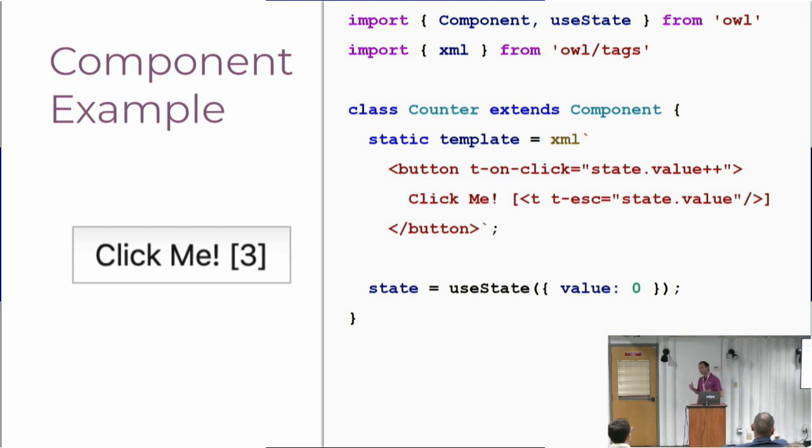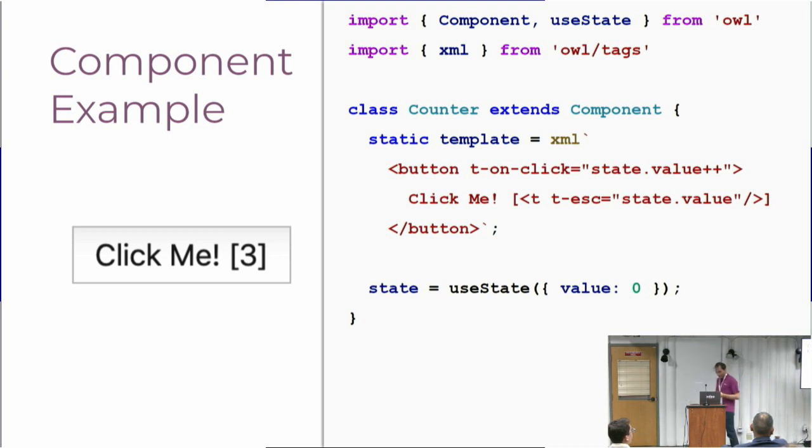For Odoo, we will still keep defining our templates in XML files, but for this example, it's inline, so it's easier to see it. And you can see you have additional directives. You have t-on-click. The t-on directive is just a new directive which is useful to bind event handlers on the click event. And whenever this click handler is triggered, it will just run this code. It could be a method inside your component, or it's just a simple inline statement which increases its